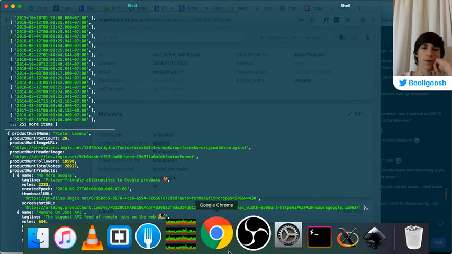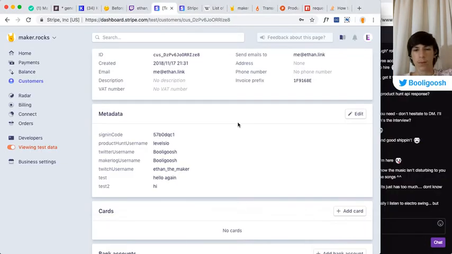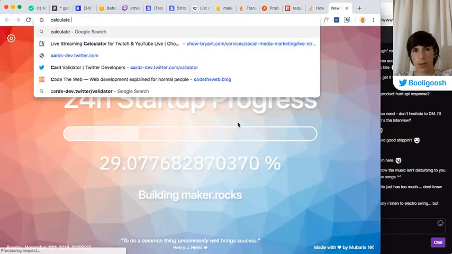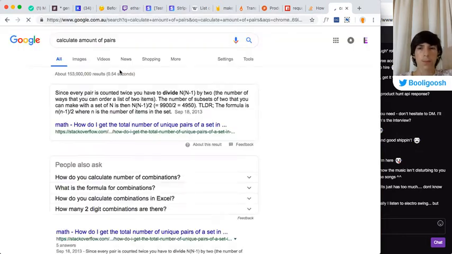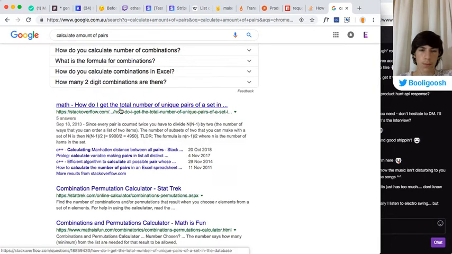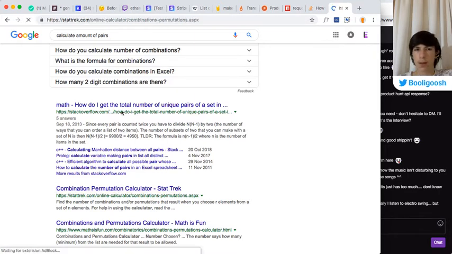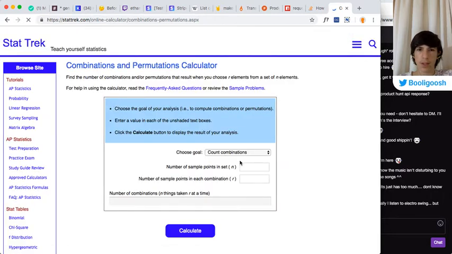Okay, let me think about this. So if there are 29 things, calculate. Okay, this should do it. Stat track. There's probably some formula for this. Number of points, so 2 and 29.